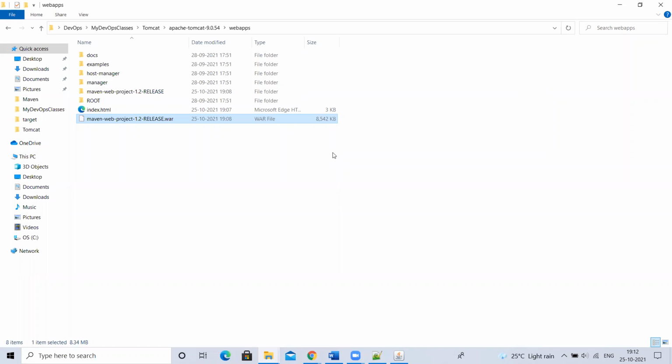See, if your application is already deployed in the server, if you want to do some changes to your code, you can directly get inside this and do it. That is one of the options, but it is not recommended.